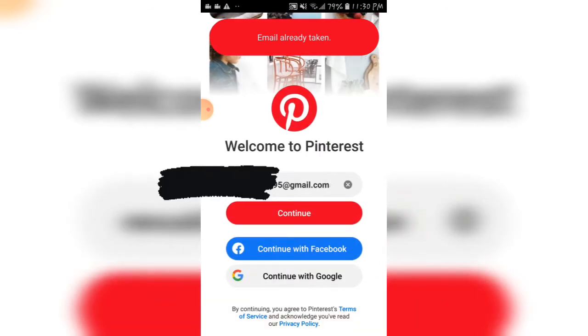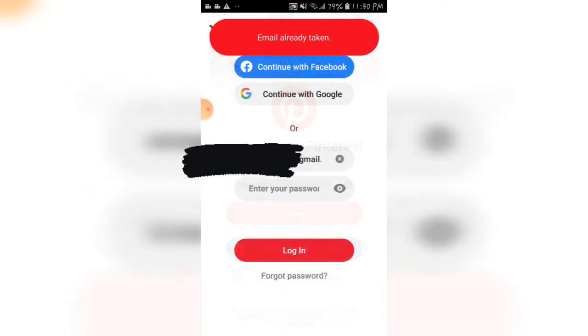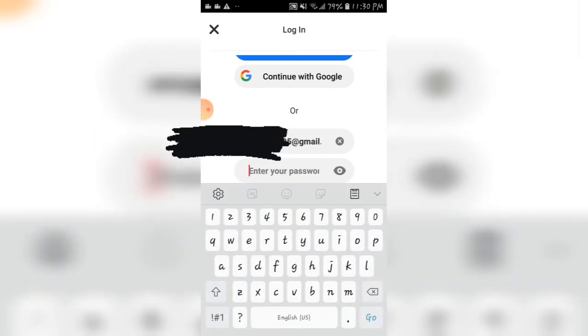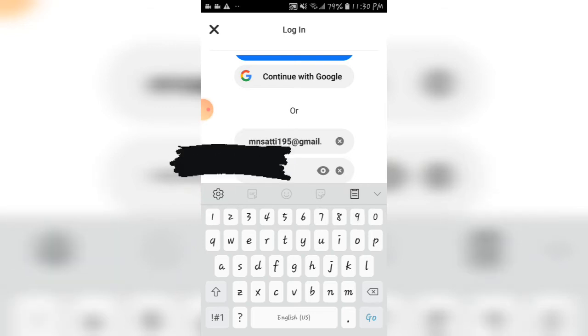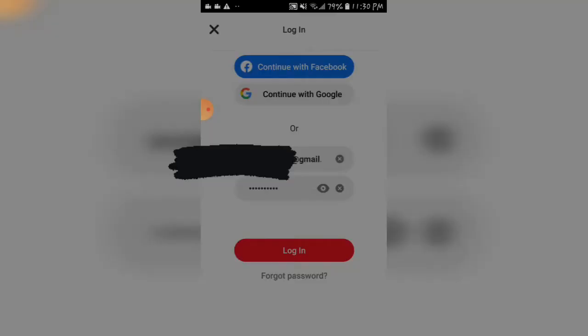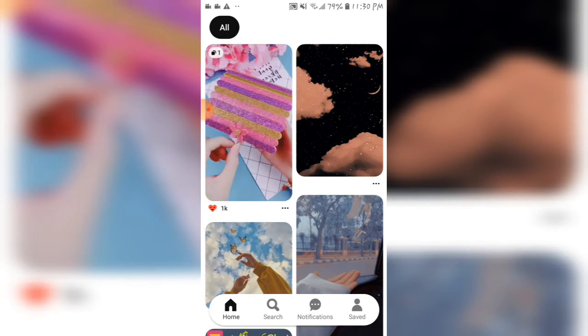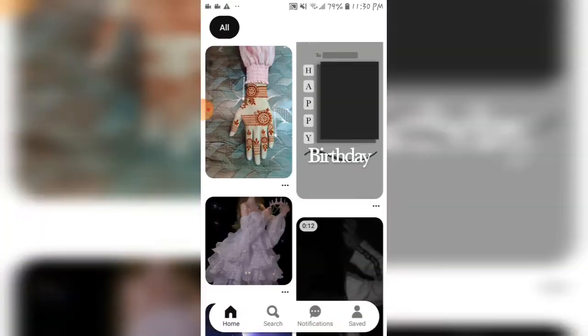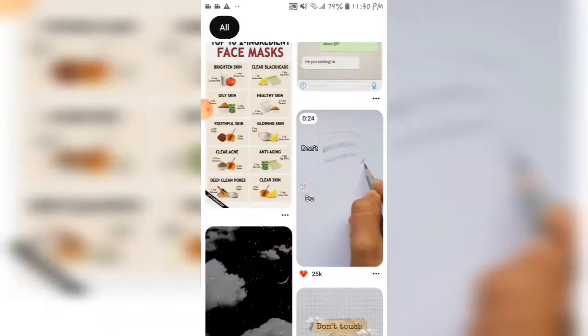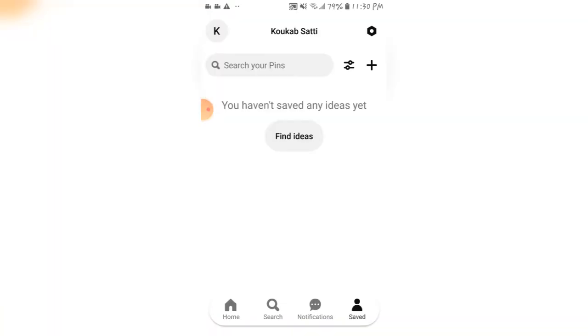Okay, now go back. Now type here the password that we have set. Okay. Now your account is logged in. So you can see that the account is logged in.